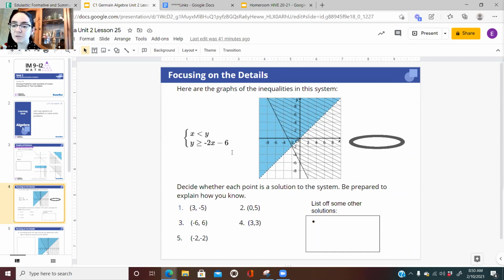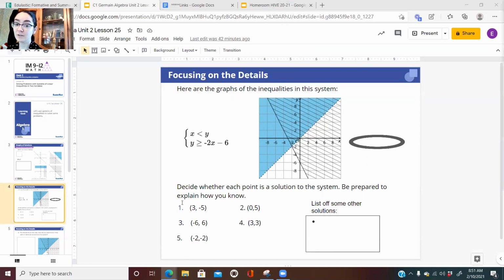So we have this system right here, and we have the graph of those two inequalities. Your job right now, I'm going to give you 2 minutes to decide whether each of these points is a solution to this system. Be prepared to explain how you know. So you need to look at all 5 of these